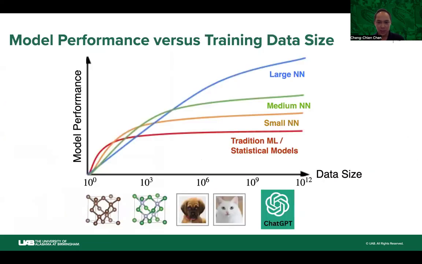One important thing to pay attention to is that when you choose your model, the data size of your training sample set is also a very important factor to consider. For example, this schematic diagram shows the model performance versus data size. For different models, of course, we expect the larger the data set, the better the performance. However, we have to be careful that when the data set is small, sometimes the traditional machine learning models